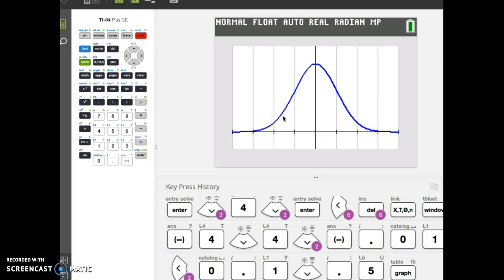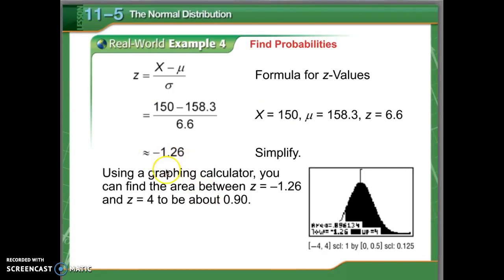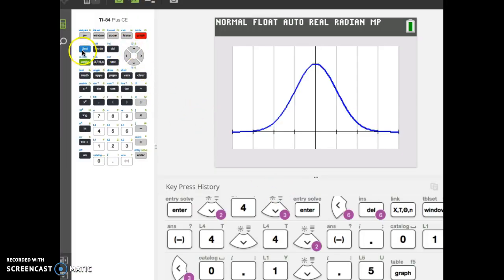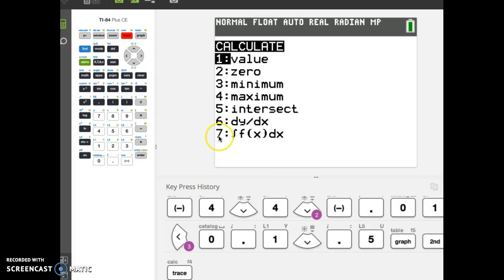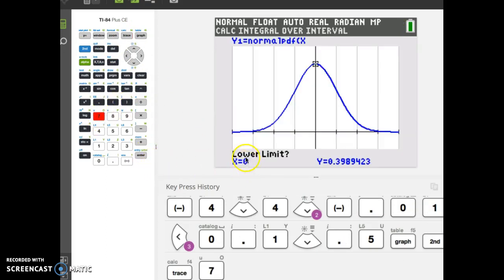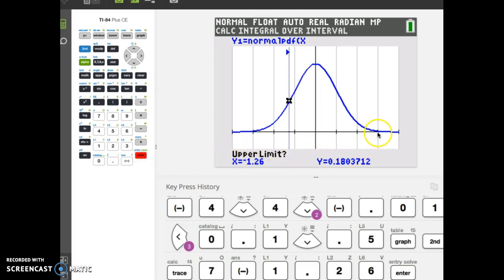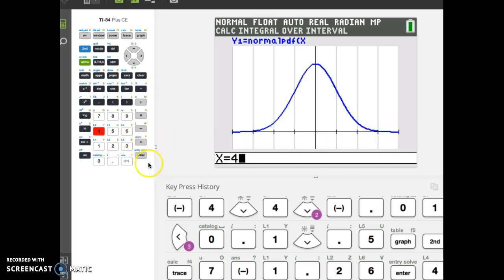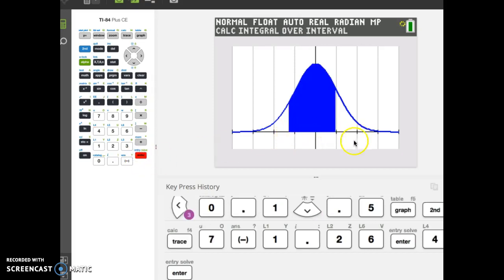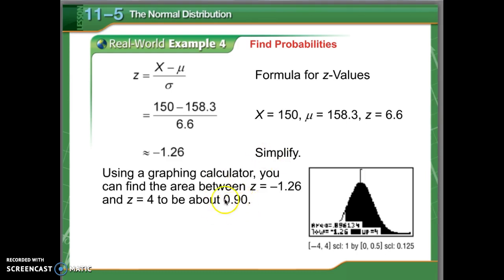And then if you want to find the area, that's all the area that's greater than the z-score of negative 1.26. What we need to do is go into second trace, choose option 7. The lower limit, because we're finding what's above negative 1.26, would be negative 1.26. The upper limit, you're going to pick the end of your graph, which would be 4. Hit enter. It's going to shade it in, and it will show you the answer down here, which is 0.896, which rounds to about 90%. So if we come back here, you can see how they got the answer of